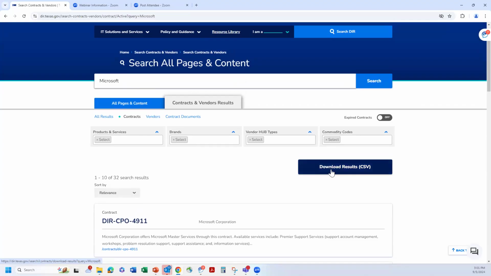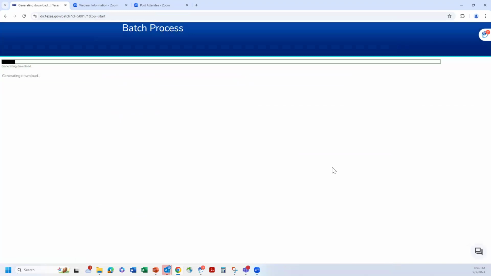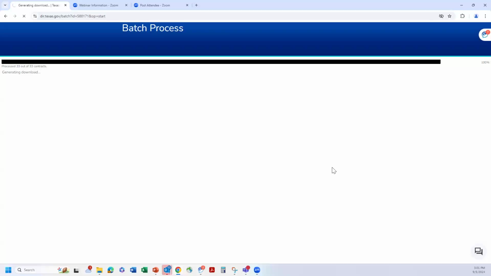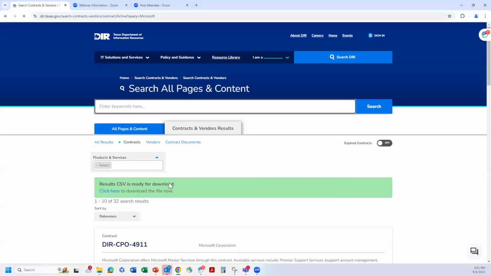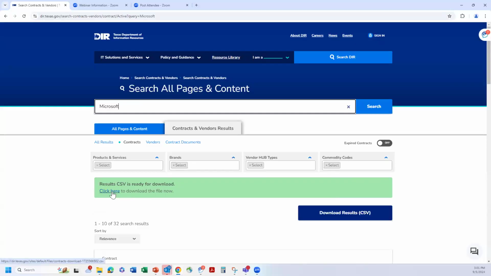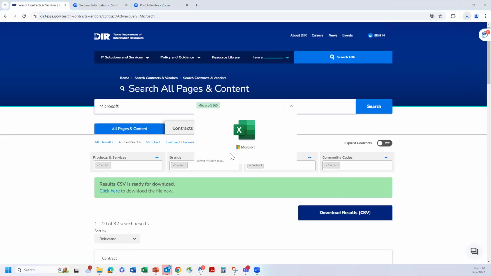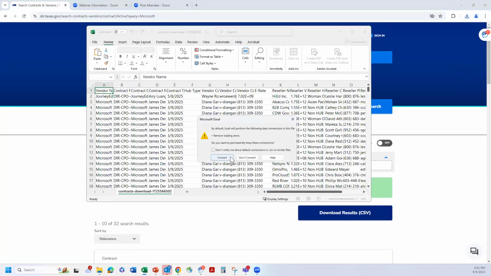You can also download the search results of these 32 contracts by clicking on download results. Give that just a second to work. And then I'm going to click here to download the file that I just selected.